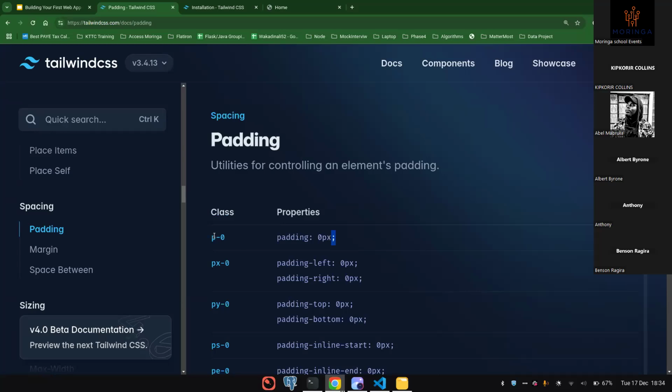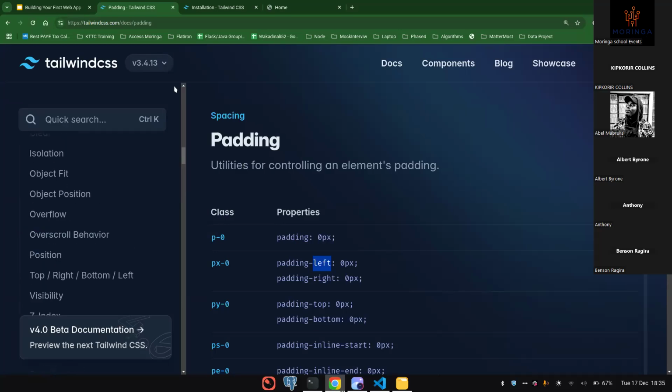For example, I have p-0, which means padding 0. Then you have px-0, so that is padding left and padding right to be both 0px. So we're going to use this Tailwind to help us